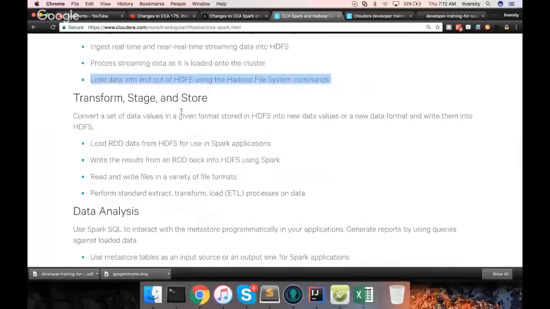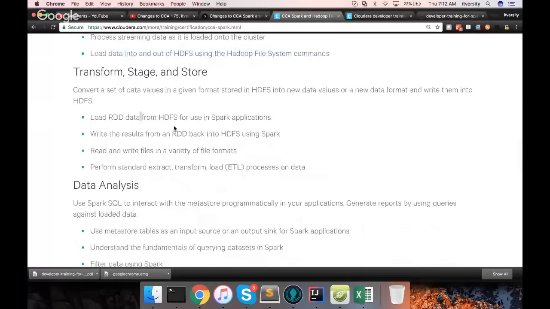Transform, stage, and store. Here, they are primarily talking about loading data from HDFS for use in Spark applications. So it was there even before. And then the next one is writing the results from an RDD back into HDFS using Spark. So earlier these two used to be one sub-objective under transform, stage, and store. Now they have broken it into loading the RDD from HDFS for use in Spark applications and